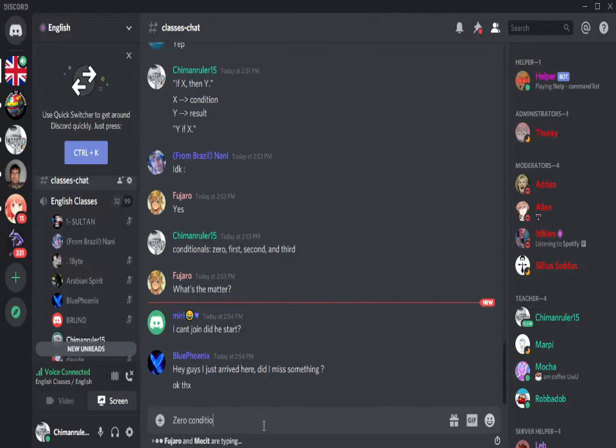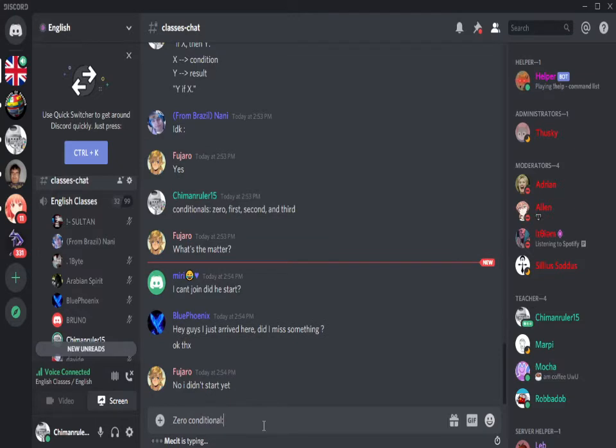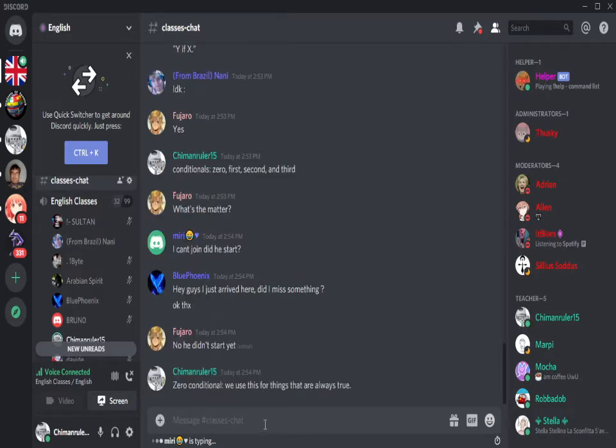Okay, so let's talk about the zero conditional. The zero conditional talks about things that are always true. So we use this for things that are always true. For example, if you mix, actually, before we do that, I need to talk about the form. Each conditional has certain forms. So with the zero conditional, it takes the form of if present simple indicative,